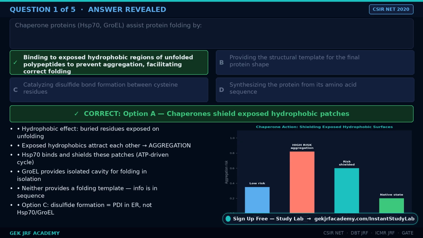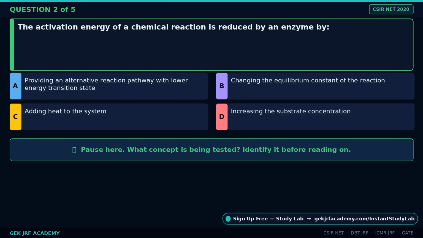Option C is wrong because disulfide bond formation is catalyzed by protein disulfide isomerase in the oxidizing environment of the endoplasmic reticulum, not by cytoplasmic chaperones. The core reasoning framework: identify the hydrophobic surfaces exposed during unfolding, and ask what molecular mechanism shields them from causing aggregation. Question 2. The activation energy of a chemical reaction is reduced by an enzyme by: